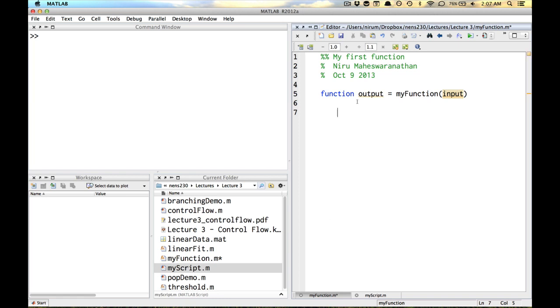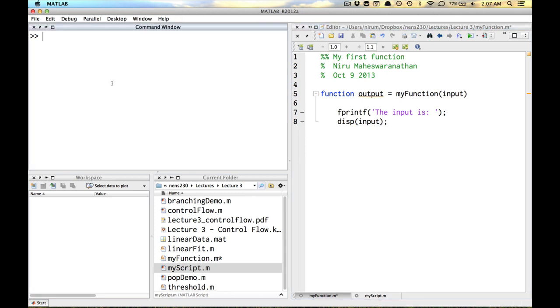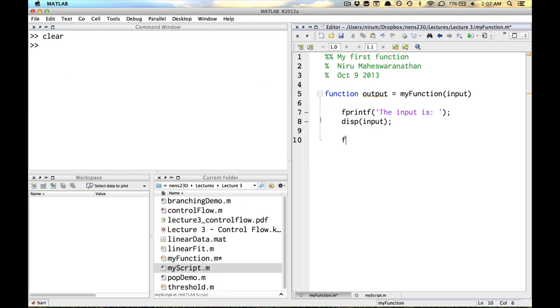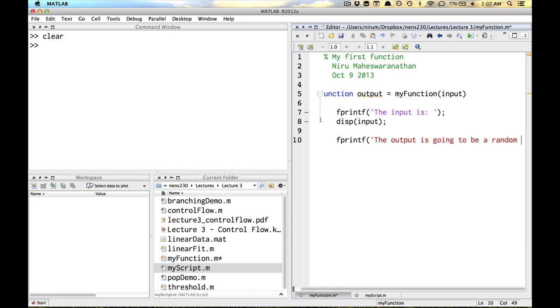So basically, what I'm going to do now is just print out what the input is. So this is just some more Matlab code. We've already talked about fprintf. The disp function just displays a certain variable. So if I have x equals 5, I can say disp x, and it'll just print out that variable. And it works regardless of whether x is a string or a number. It doesn't matter. Okay, so I'm just going to display whatever the input is, and then the output is going to be a random number,